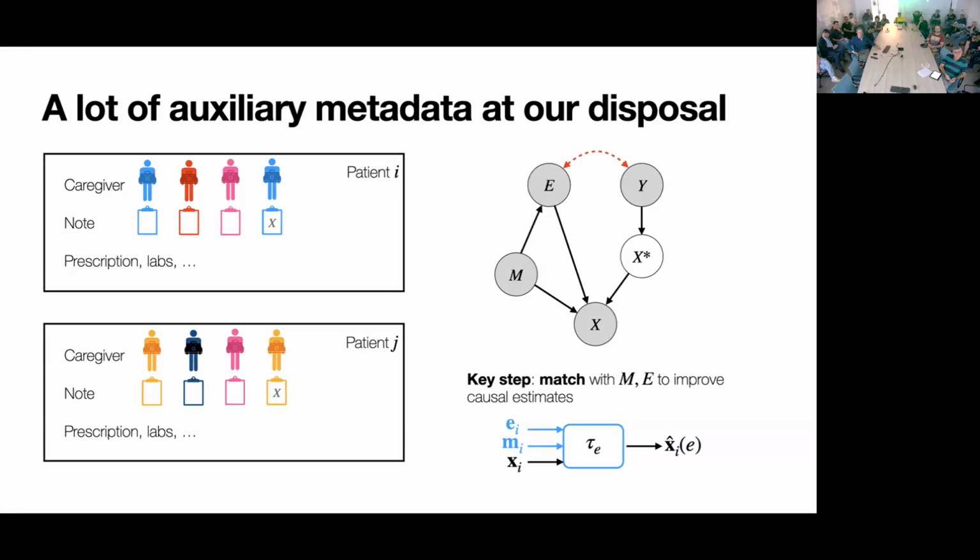So the key step is going to be to match, using this M information and this E information to improve the causal. So I'm gonna propose two versions. There are gonna be more, but at least here it's gonna be two versions where I'm gonna use the information from the node for its representation. I'm gonna use the metadata that I have about patients and the doctors that they got. And all of this will be pushed inside this tau function to get me the counterfactual